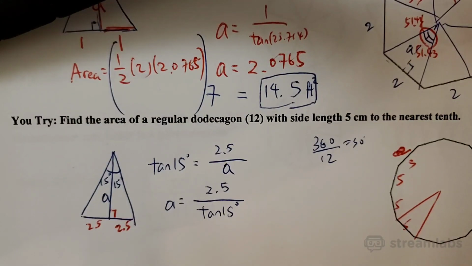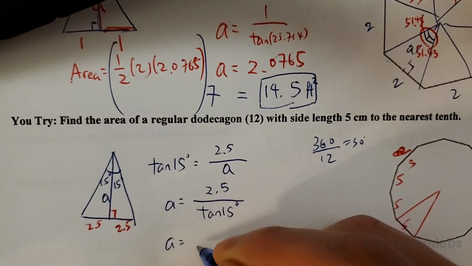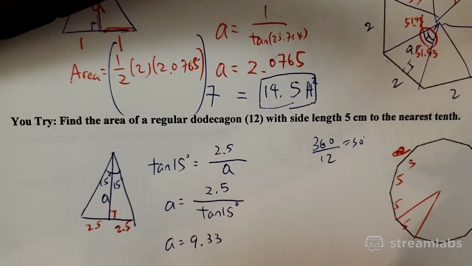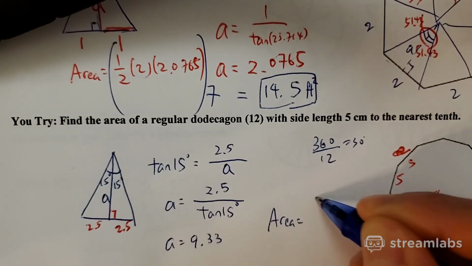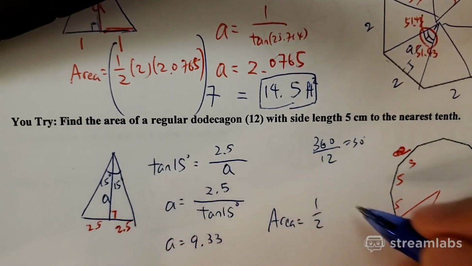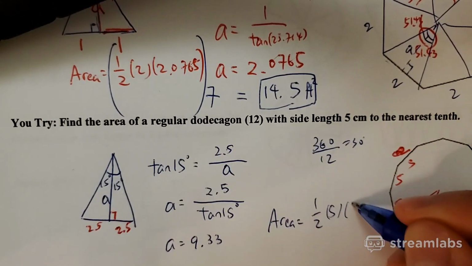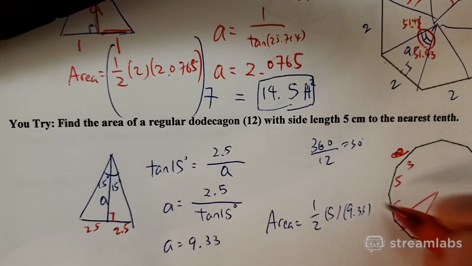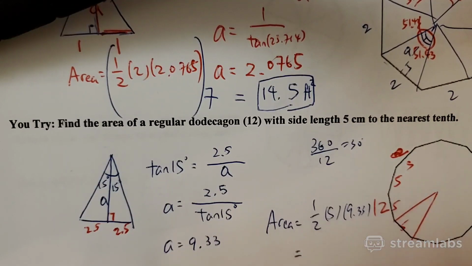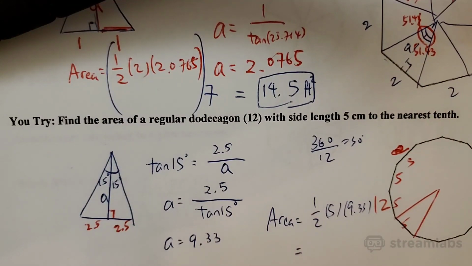Which is what? So this is 9.33, right? So then you multiply it out. So area should be equal to 1/2 base times height. So 5 times 9.33, right? Base is 5, height is 9.33, and you multiply by 12, right? So together should give you